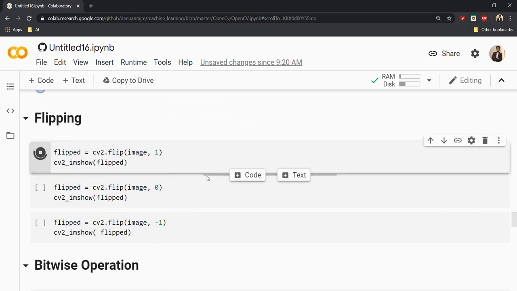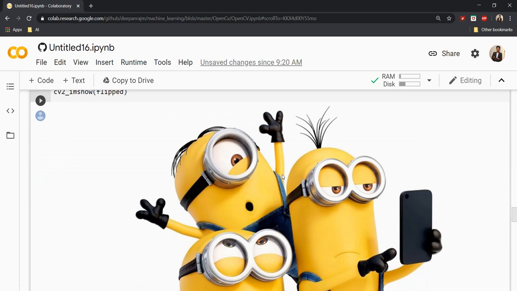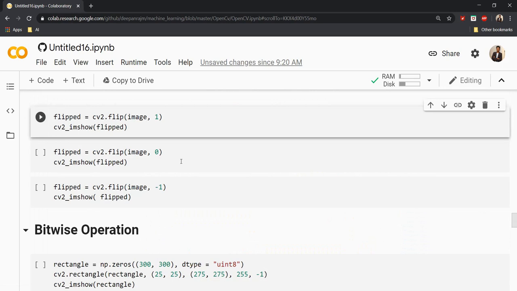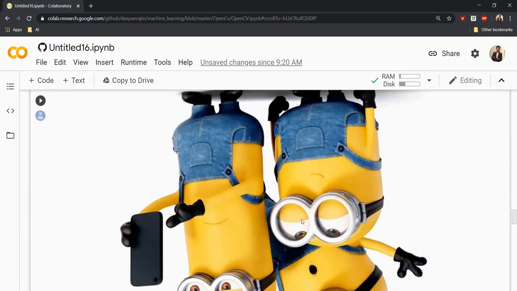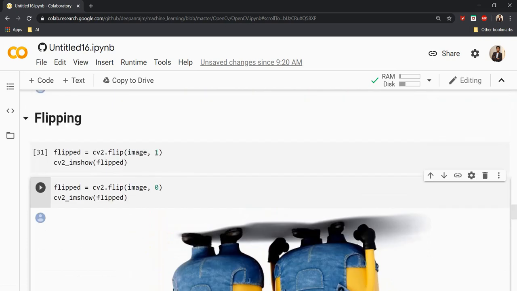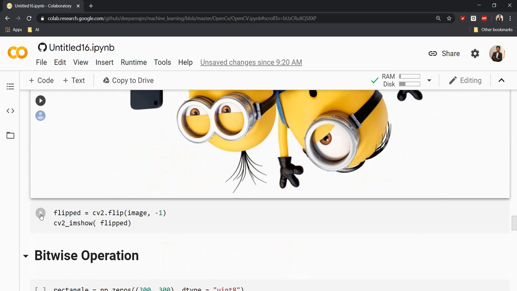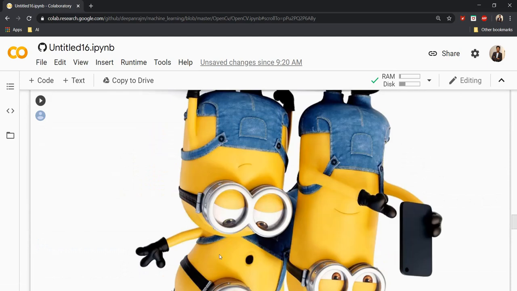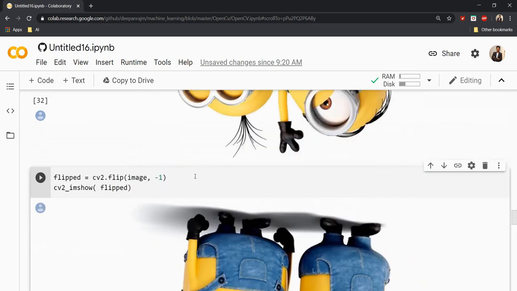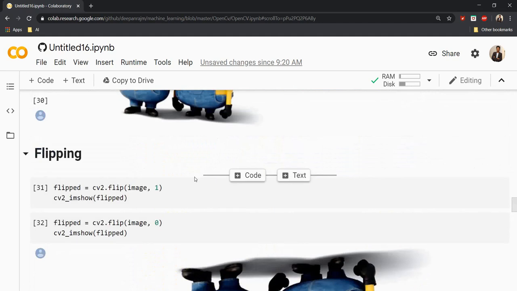This 1 represents that the image will be flipped in the x direction, and if I use 0, the image will be flipped in the y direction. So 0 represents y, 1 represents x. If I use -1, it will be flipped in both directions, x and y. This can also be used, for example, for circular images like coins; at that time you can use this option to rotate or flip images as per your need.